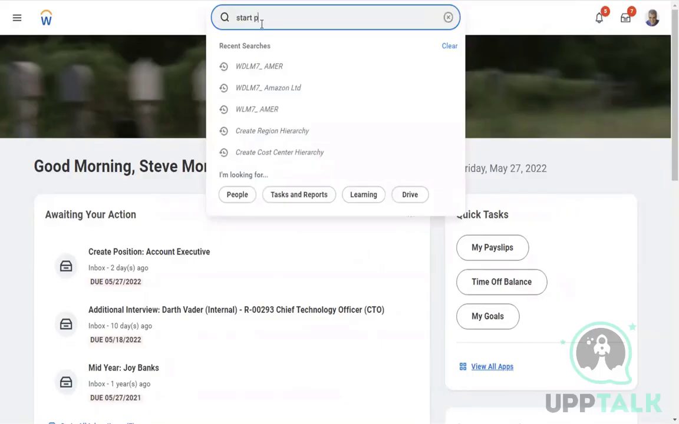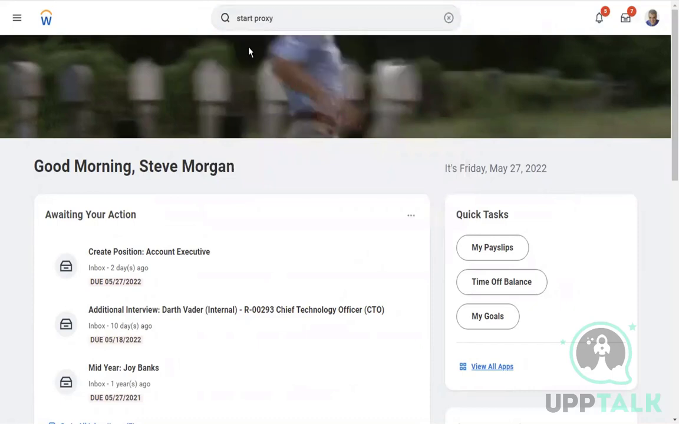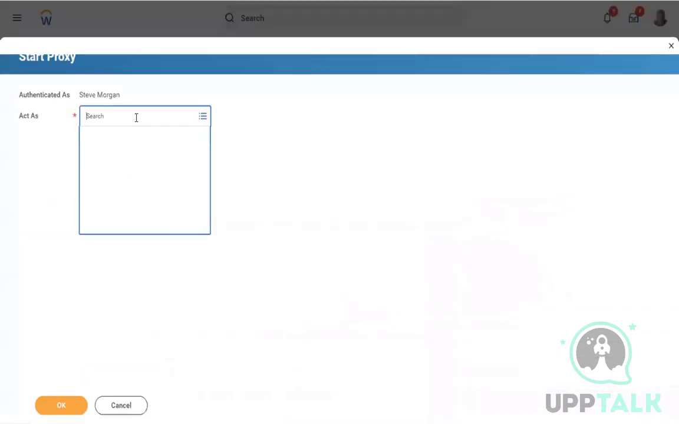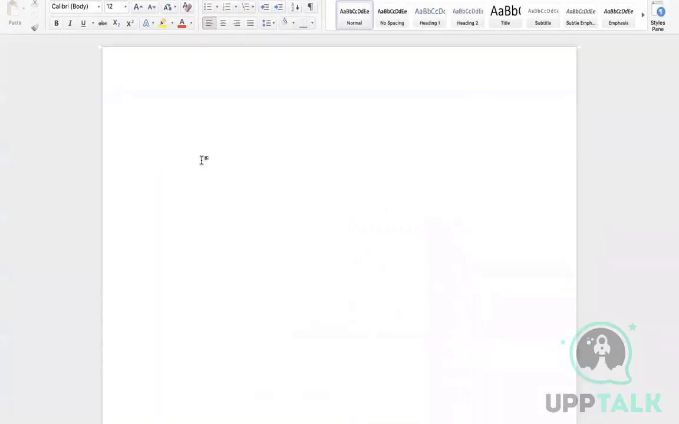Today, let's create a role-based security, a custom role-based security group. Start proxy, Logan. You guys, if possible, please give the navigation a try. I will give the requirement. Okay. The requirement is,